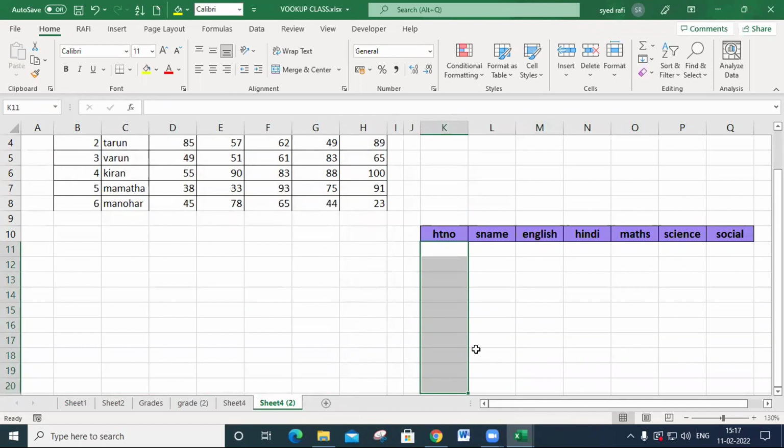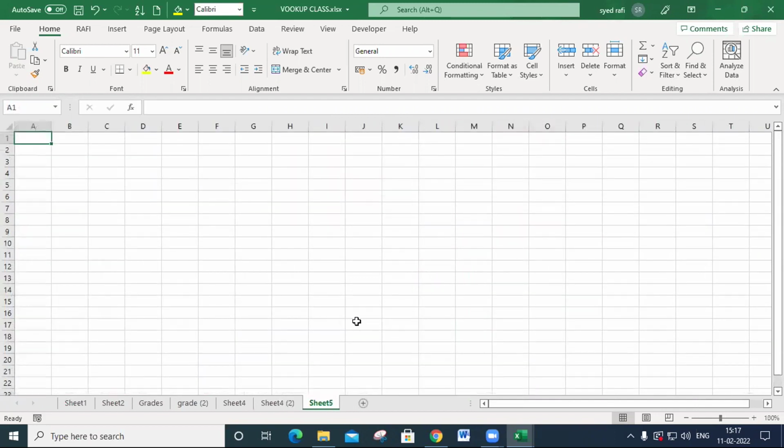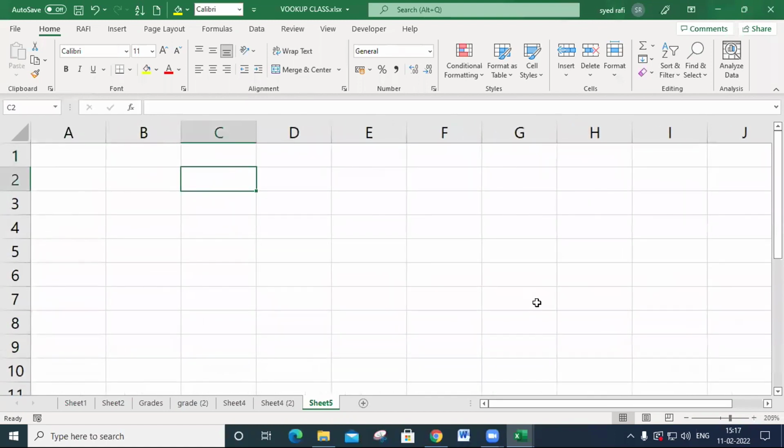We will continue by discussing another function. There is a function called INDEX MATCH. MATCH is a function. How it works, I will show you in two examples, to show its nature.